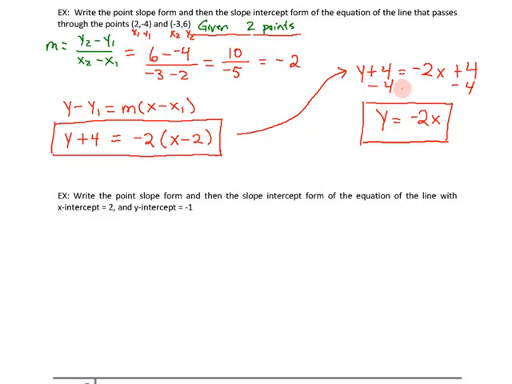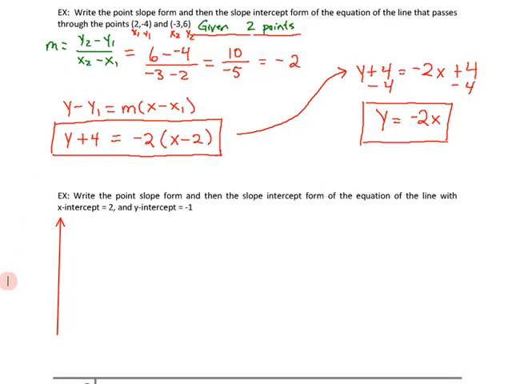Okay? Fantastic. Let's look at the next example. One more, same question, different information is given, but we have all the tools we need to answer this question. Let's write the point-slope formula and the slope-intercept form for the equation of the line that has the x-intercept 2 and the y-intercept of negative 1. That means if you were to look at this on a graph,